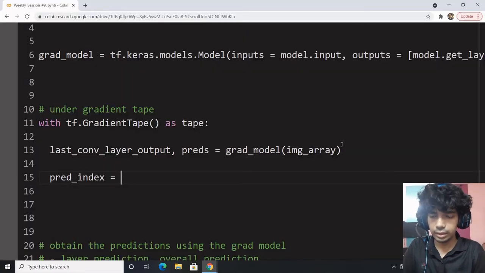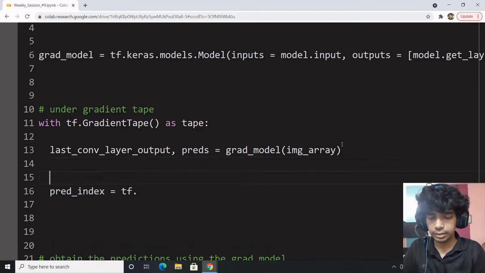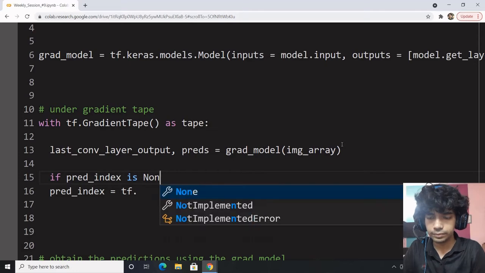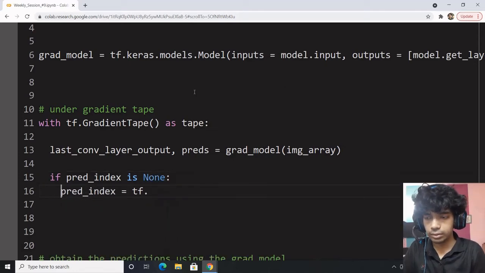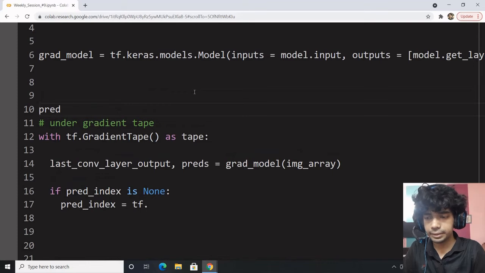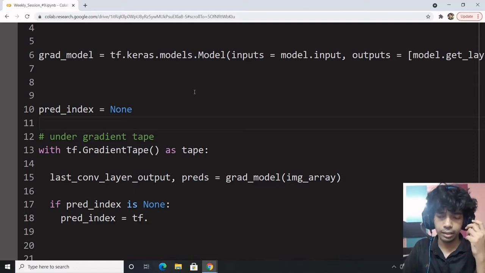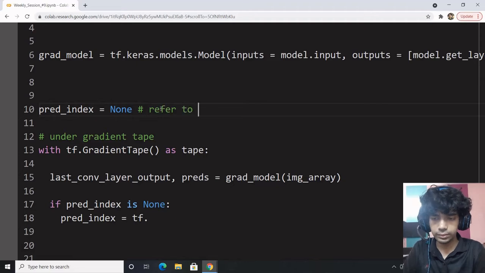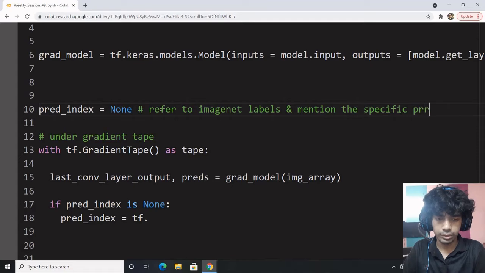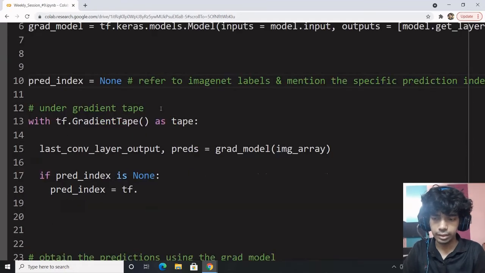So preliminarily we will do it like this: if pred index is None. I hope you understand the reason and logic behind it. The logic is simple: if you want to define that you want a particular class, you can refer to the ImageNet labels and mention the specific prediction index, right?